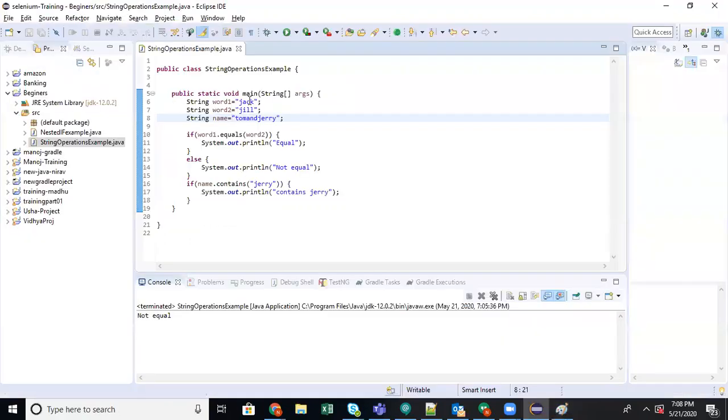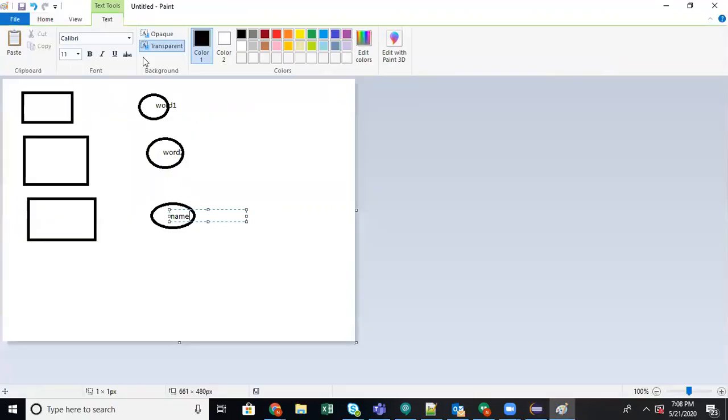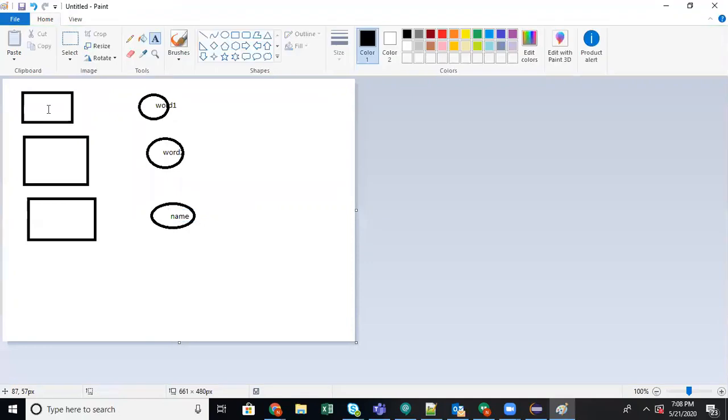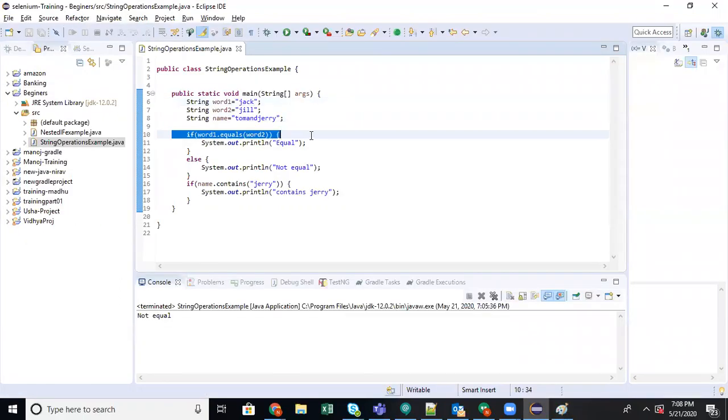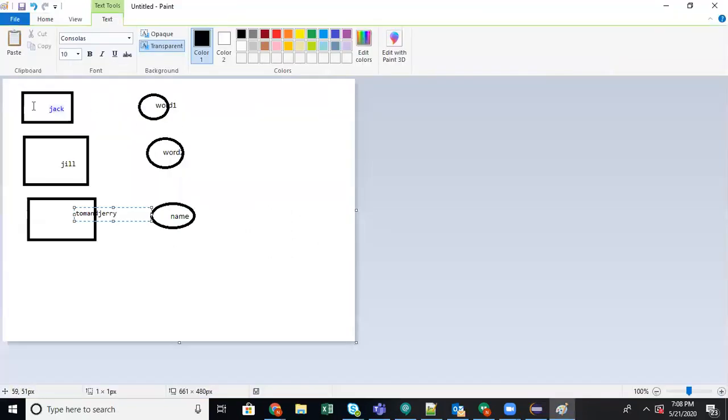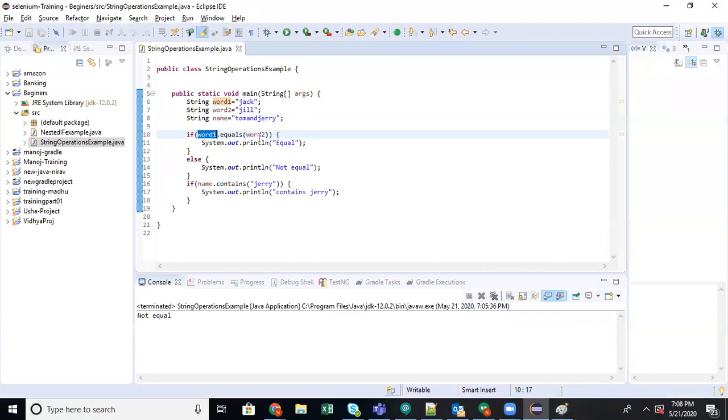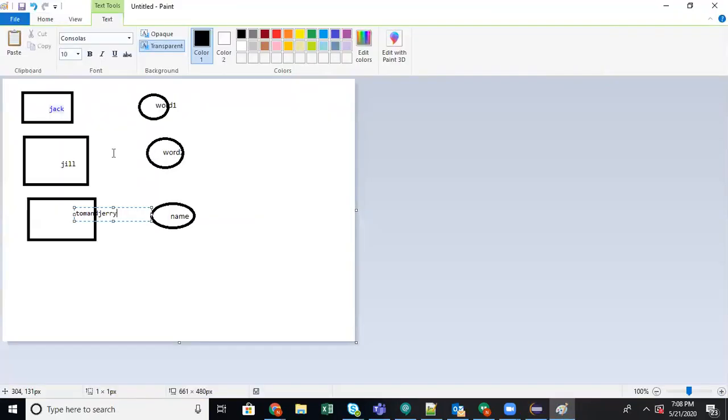Three variables, and the value is Jack. Let's come to the statement. If word one, which is holding Jack, dot equals word two, that is Jill. Jack is equal to Jill?